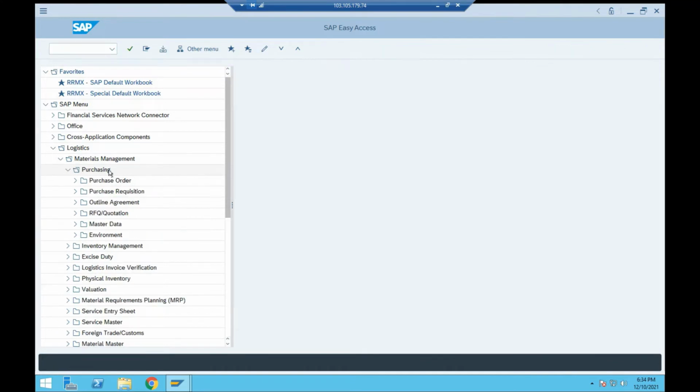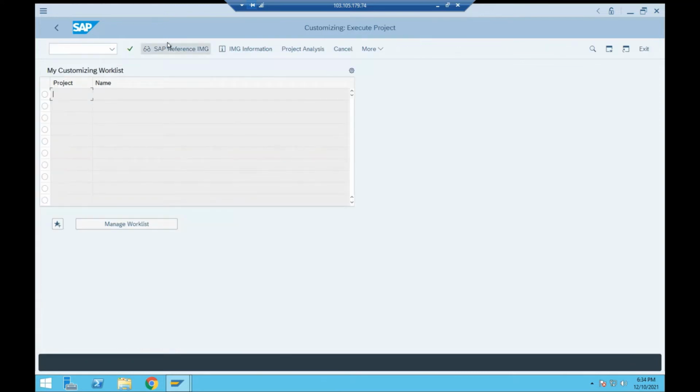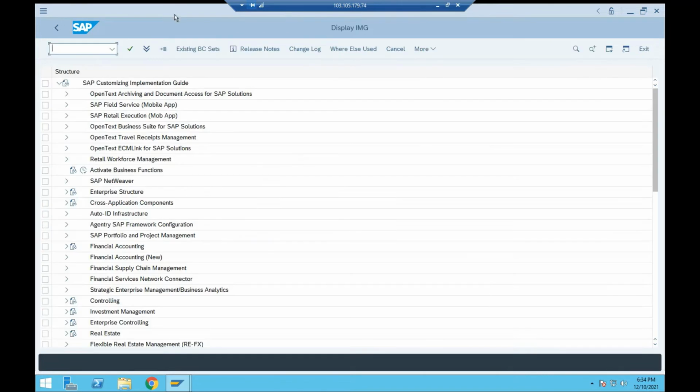We need to define a plant, right? For that, we need to go to the back view. To go to the back view, we enter SPRO in the command bar. SPRO means SAP Project Reference Object. After entering SPRO, we hit enter and then click SAP Reference IMG.